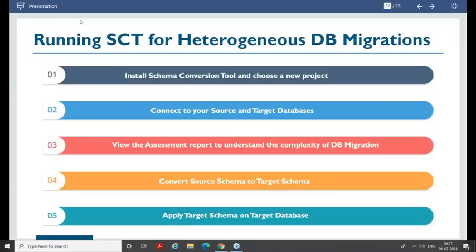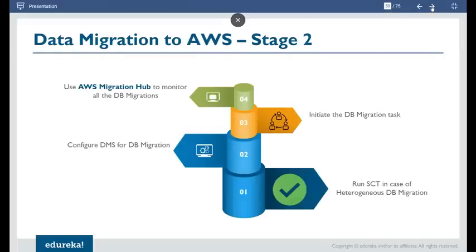As I was telling, if it is a heterogeneous migration, you need to use this Schema Conversion Tool, where you connect your source and target database, assess infrastructure and understand the complexity of DB migration, convert your source schema to target schema, and apply the target schema on the target database. So for database migration: run schema conversion in case of heterogeneous migration, configure DMS for DB migration, initiate the DB migration task and monitor it.